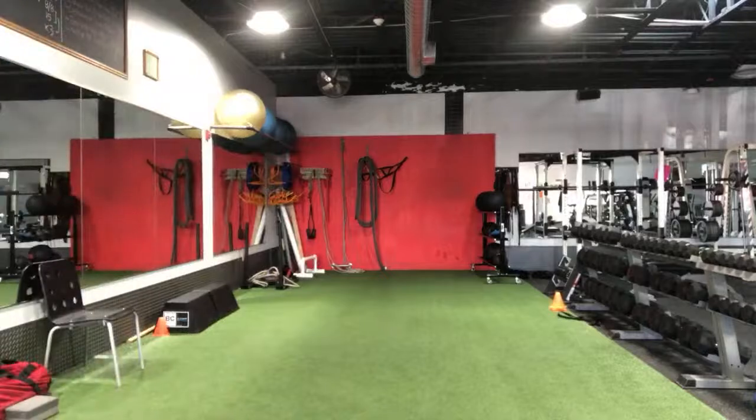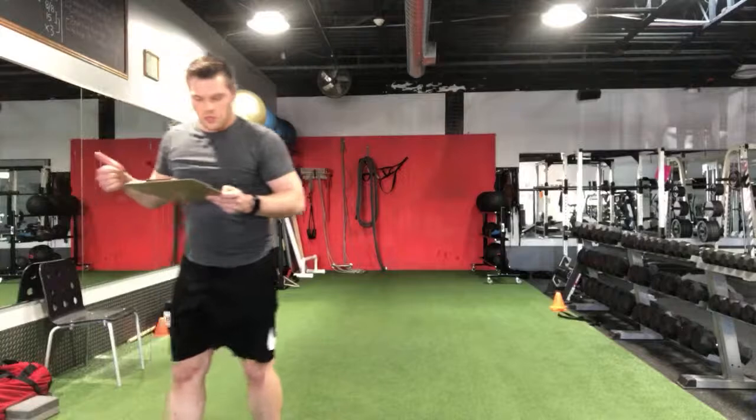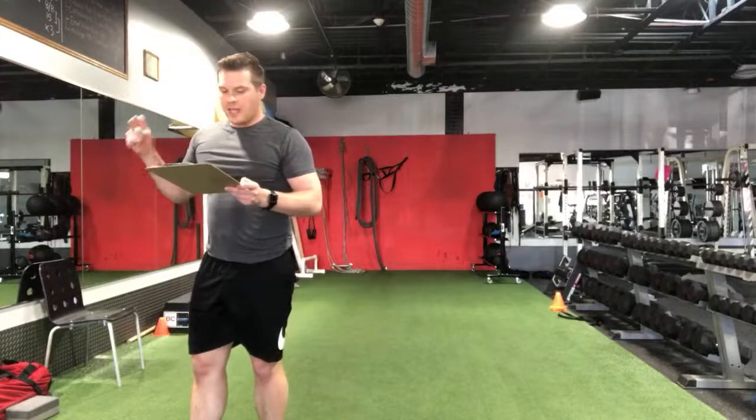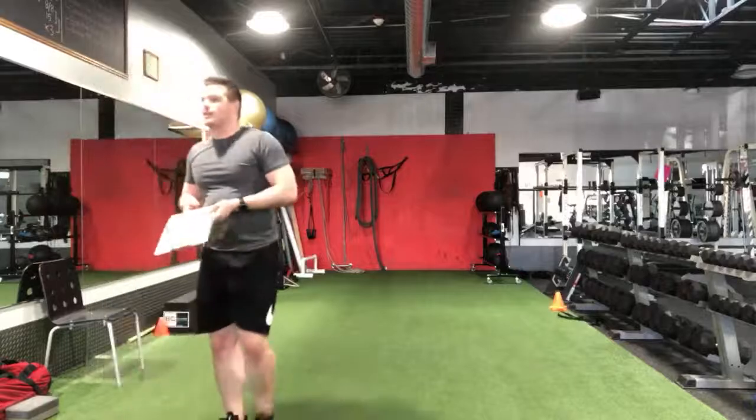What we're gonna do is we're actually gonna go into different activation units. We're gonna go glutes first, and then we're gonna go core second, okay? So for glutes, here's the plan of attack. We're going sideline leg raises, single leg glute bridges, fire hydrants, and quadruped hip extensions. So I'm just gonna show you how to do all of those ones,